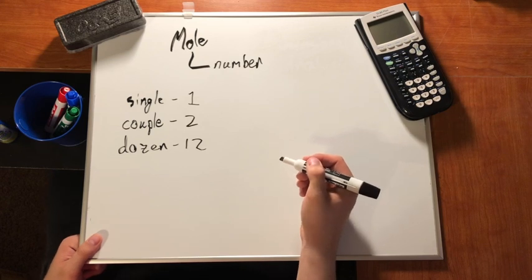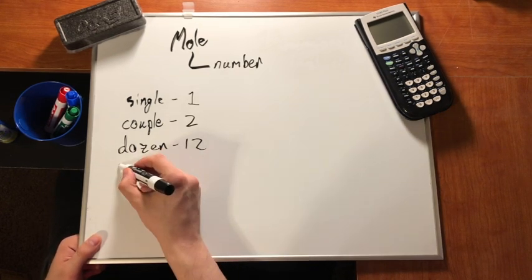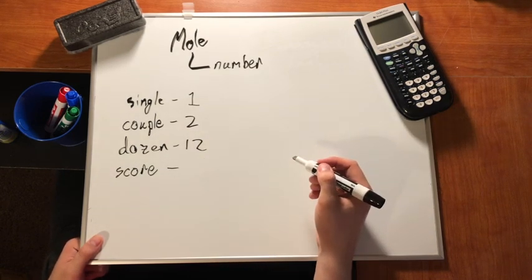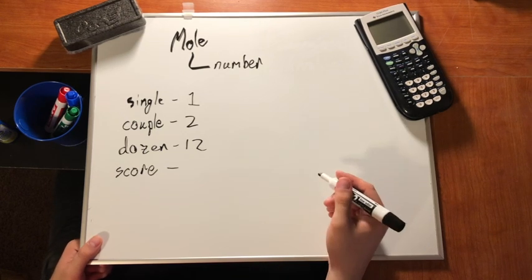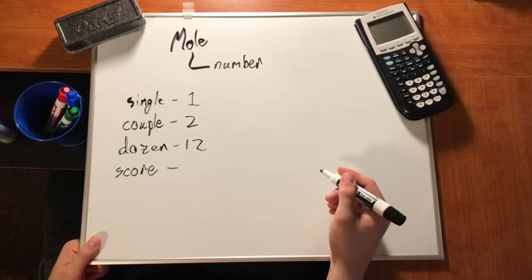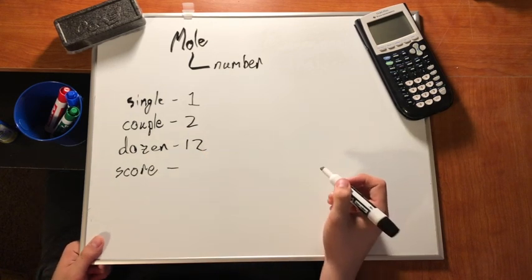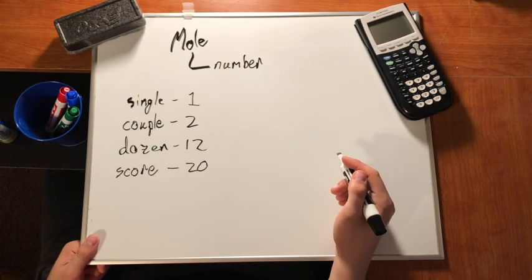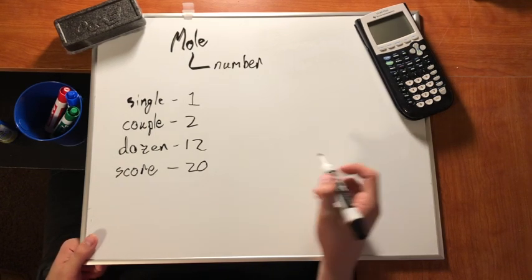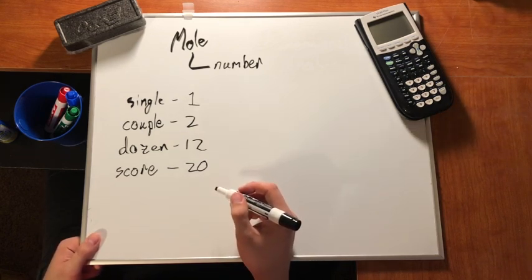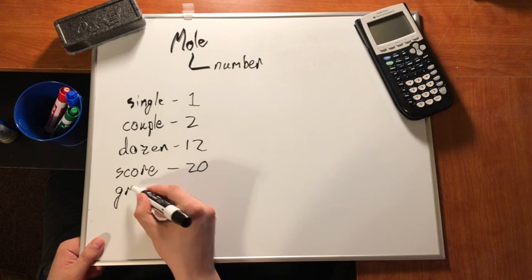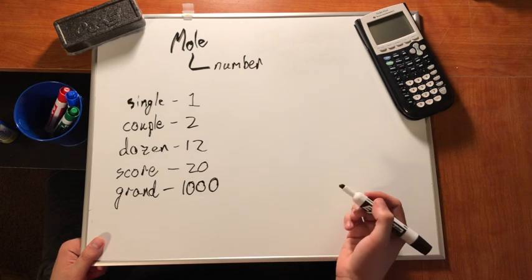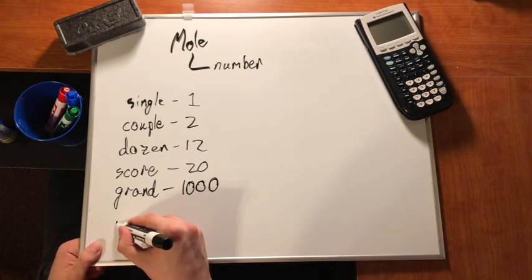Okay, some bigger ones, we don't use these very commonly, but you guys may have heard of a score, fourscore, and so many years ago, I can't even remember that speech, sorry about that. That's why this is chemistry class. Okay, but anyway, score. So score is 20, right? If I have a score of, I don't know, soldiers, then I have 20 soldiers in my platoon or whatever that group is. A score. Some other things. Grand. This is a more common word with money. If I have a grand, that's another word for 1,000. Okay. So a mole